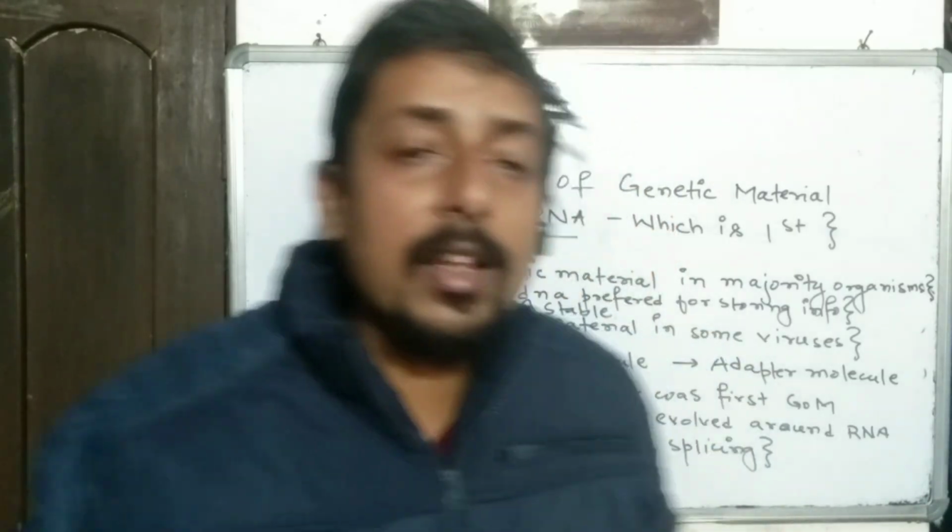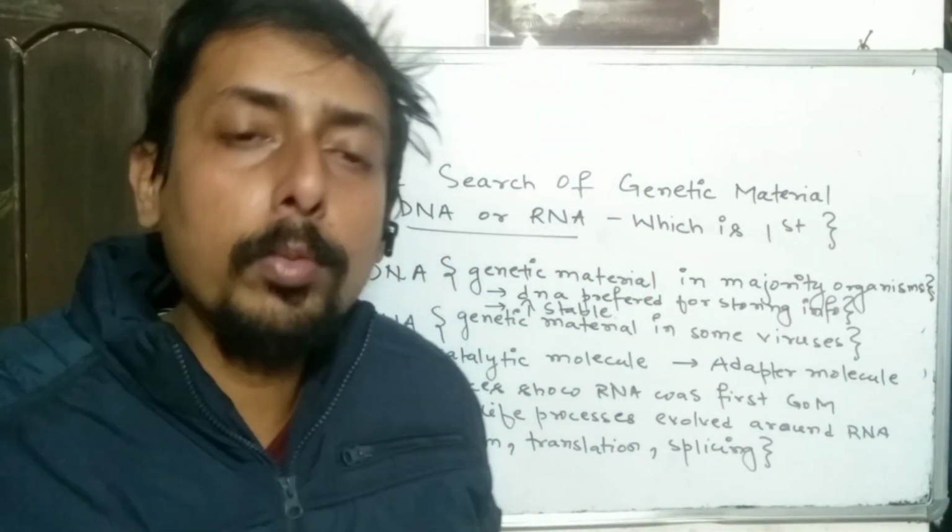Statement number 2. DNA evolved around RNA and is a more stable genetic material. Its double helical strand being complementary resists changes by evolving repairing mechanisms. This is the statement about DNA. Now you have to say both statements are correct, or statement 1 is correct and statement 2 is incorrect, like this. So the answer would be that statement 1 and statement 2 both are correct. It will be the answer number 4.